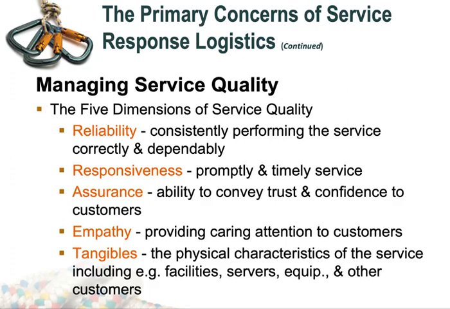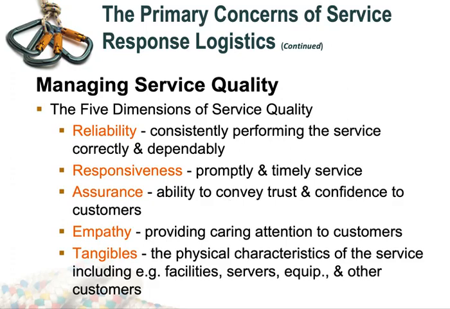If I'm talking about banking, you deposit 1 million rupiahs and the receipt should show the correct amount of 1 million rupiahs. Responsiveness is about prompt and timely service, how responsive the customer service is. Assurance is the ability to convey trust and confidence to the customer, that you should convey trust that the